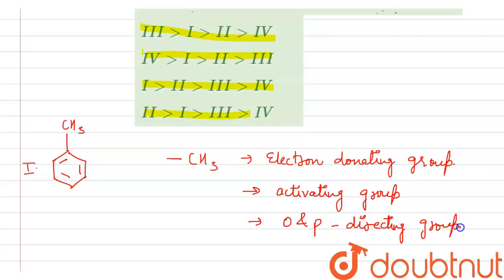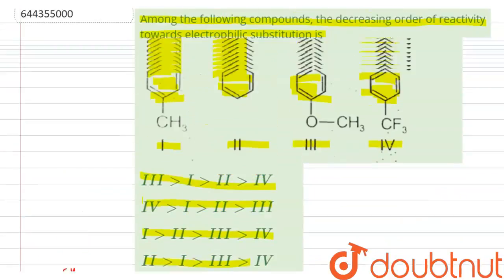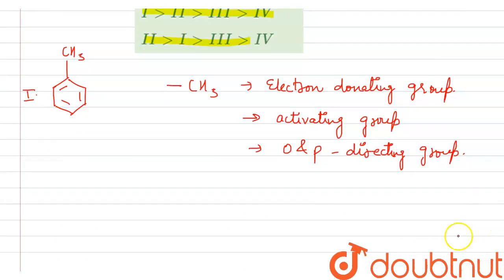The second compound given here is benzene. If we draw the structure of benzene, there is no functional group over this benzene, but as we know there is an aromatic hydrogen which undergoes substitution reaction, right? For benzene, we can say that electron density is high, so it will show reaction, but there is no functional group present, so we cannot compare the reactivity.